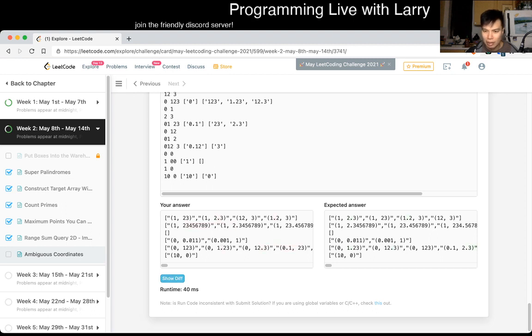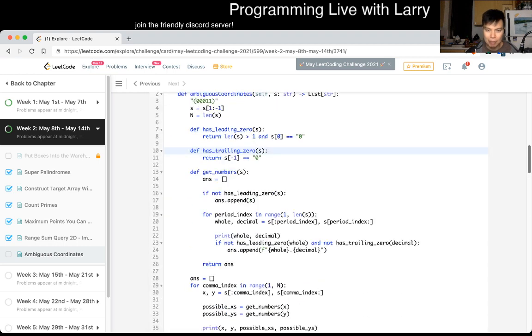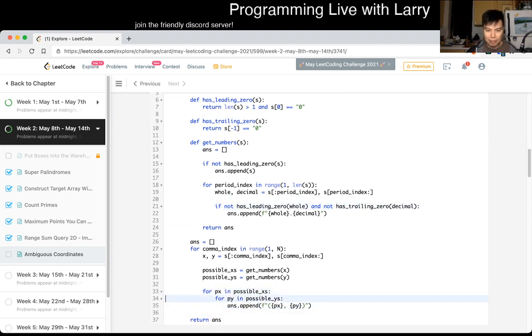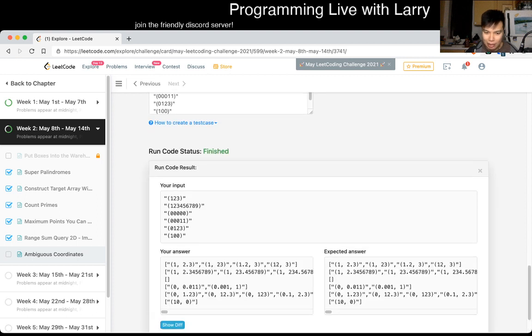So yeah, let's see. Now let's remove our print statements real quick, and then we'll probably give it a spin. I'm going to sort this real quick. It doesn't change the answer, and we don't need to sort this for the answer, but I just want to see if we maybe match their answer if I sorted it. Maybe? It's unclear. But I also don't know if I have the right answer, because